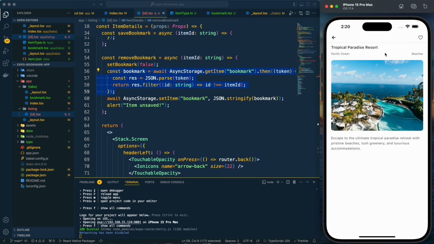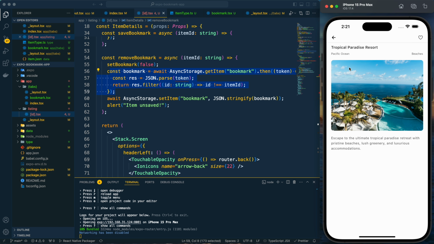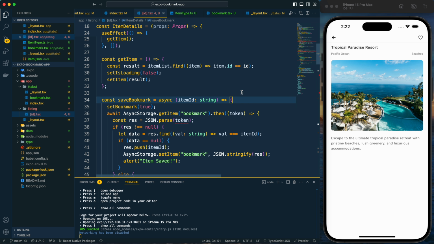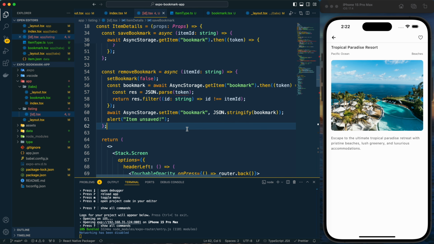Now I want to consider another scenario in which I have clicked on the bookmark and the item is saved. I am not removing it. I have saved it because I want to check it out later. I went back to other screens and then again I am just opening that particular item, but this time I am not seeing that it is already bookmarked. But it was bookmarked before. We have seen that, but it is not displaying here. So we need to check that. We need to handle that as well.